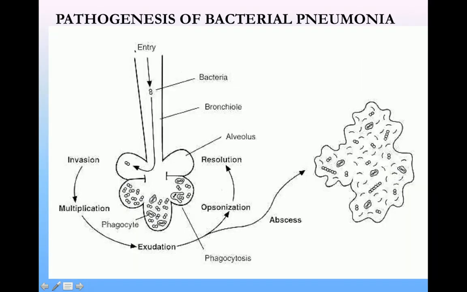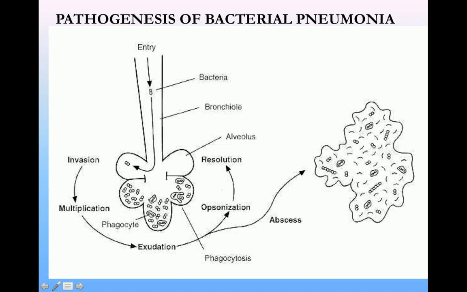This diagram or picture is again showing you the pathogenesis. You can see the organism coming in. As it comes in, it starts multiplying here in the alveolar spaces. With multiplication, there is an outpouring of phagocytic cells and serum containing RBCs and WBCs in these alveolar spaces, and this results in consolidation of the lungs. There is abscess formation here in the alveolar spaces.